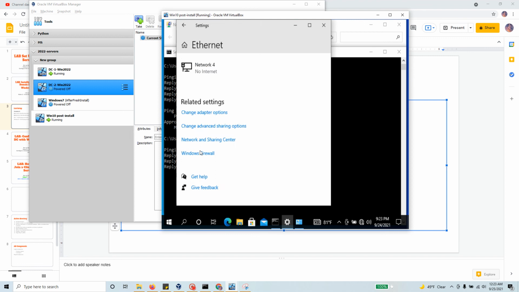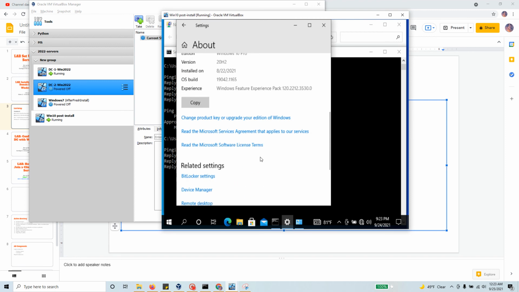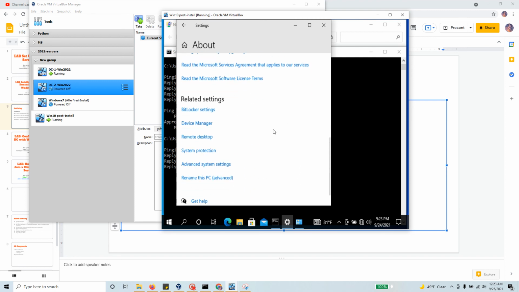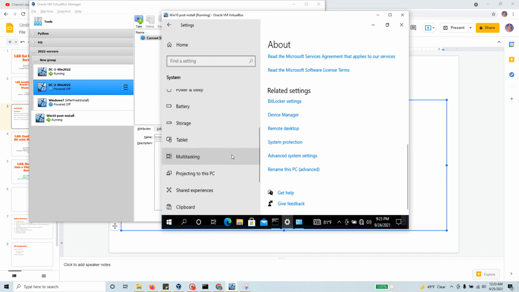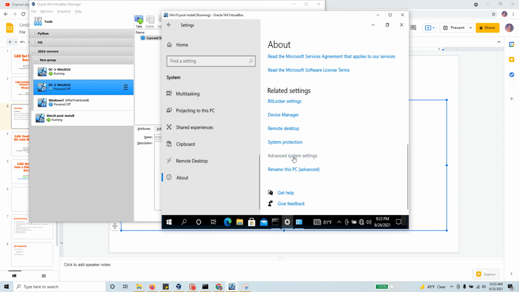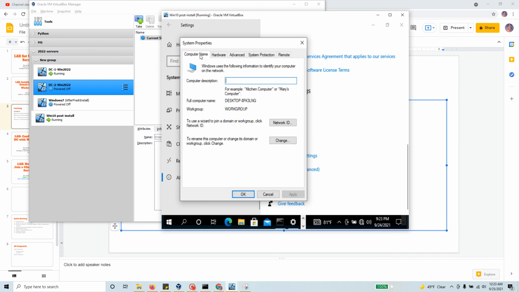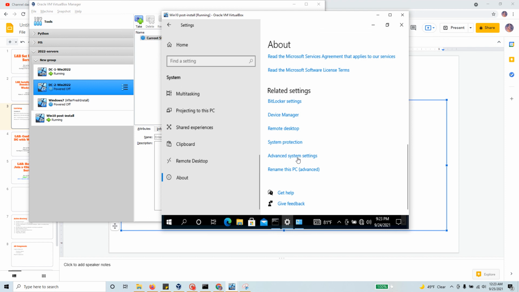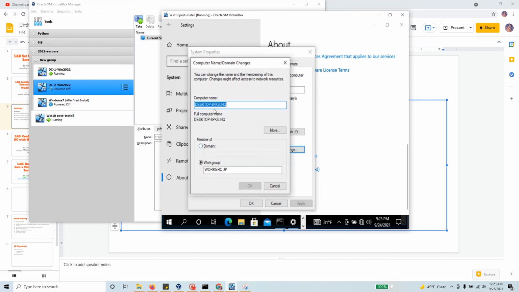Let's see. This system is probably the best place to go. And rename this PC. No, I don't want that. So I need to go to something similar to where we went before. Let's see if I can find what setting to go to real quick. Advanced system settings is where we need to go most likely. So computer name, then change. So what I did notice is that I went down to the advanced system settings, then computer name, change, and this time I'm going to call it Windows 10 here, and we're also going to join this domain, and